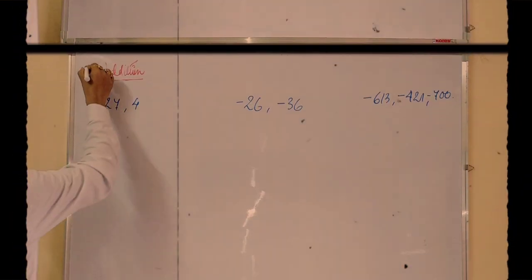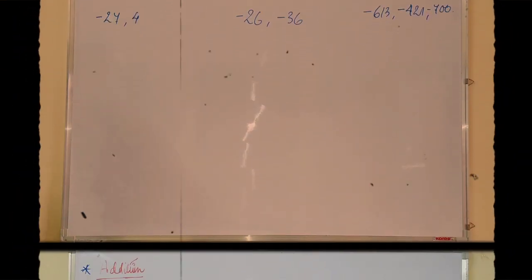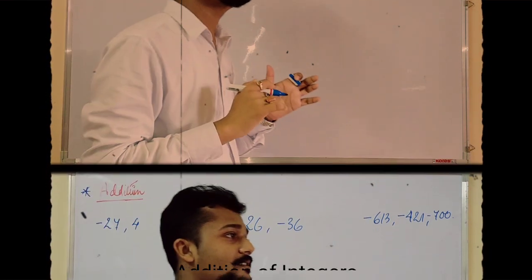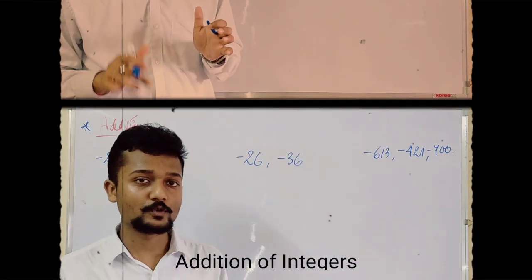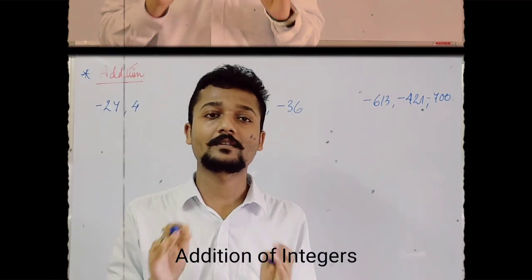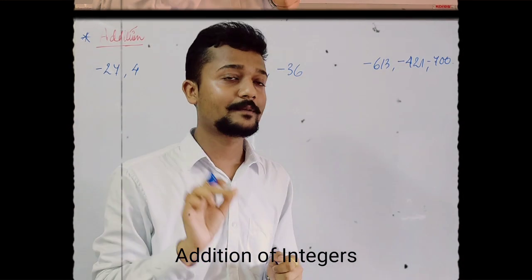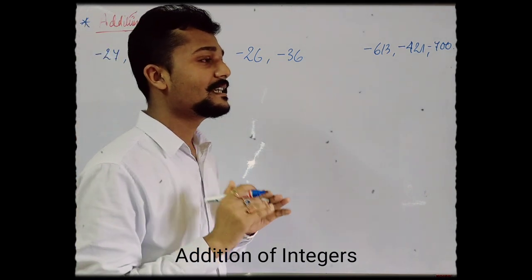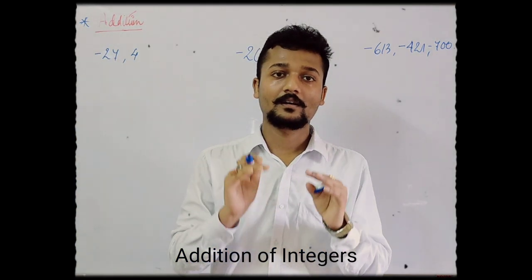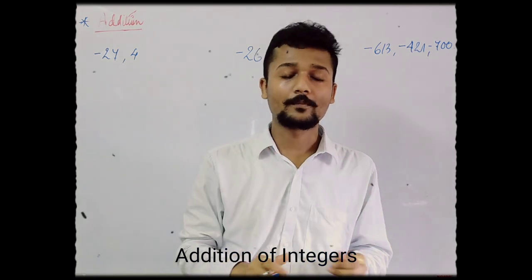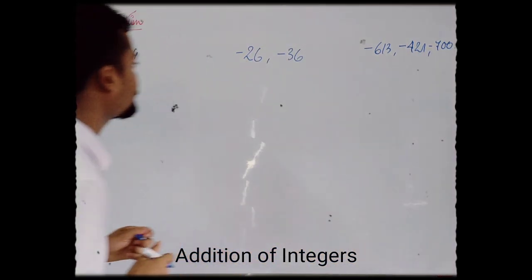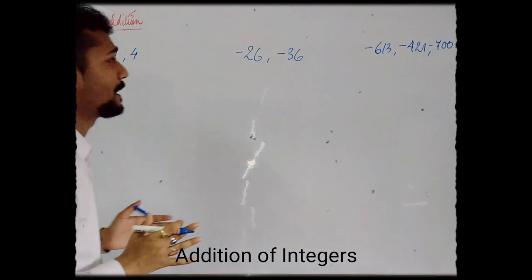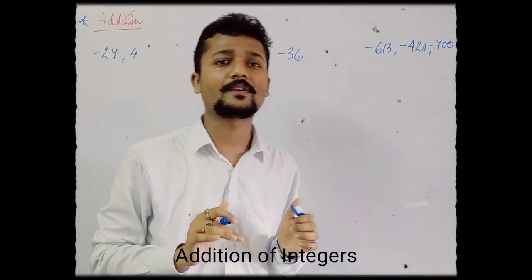Now we are going to do addition of integers. This is quite simple, and in your last year, that is in class 6, you might have done addition and subtraction of integers via number line. So today we are going to learn how we can add integers horizontally or by the column method. Whichever method can be applied, there is nothing wrong in using any kind of method.